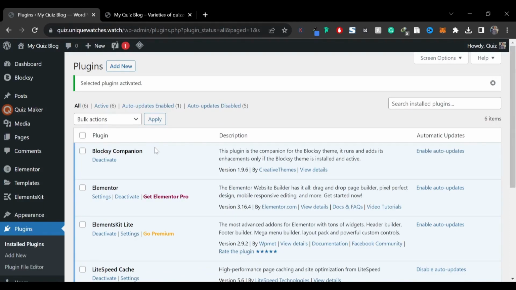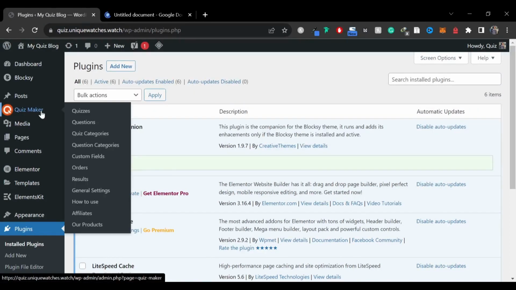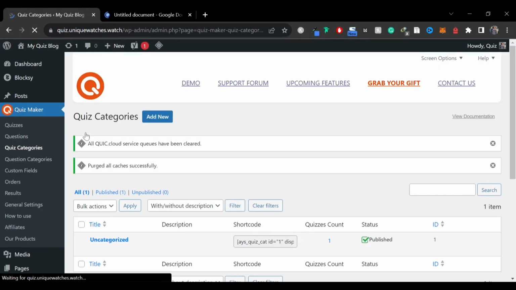Now is the time for us to start creating our quizzes. So the first thing we need to do is to hover on Quiz Maker, and then we're going to be creating a category first, and we're going to be creating a category for the questions too. So we're going to be creating the quiz category and also the question category. So let's start with the quiz categories. So right here we're going to see the uncategorized one here, but you can't even delete it. Let's just leave it as it is. What we're going to do now is to select add new,